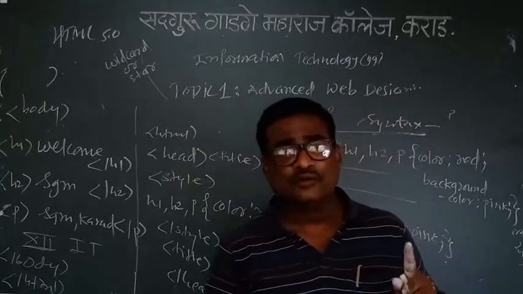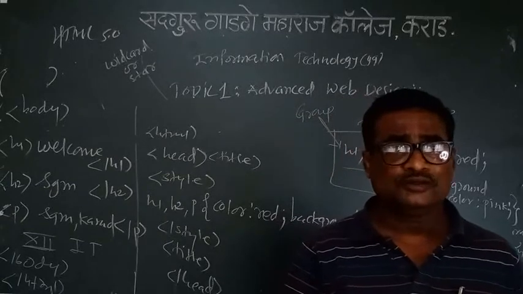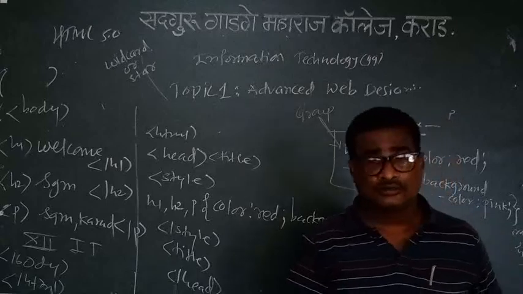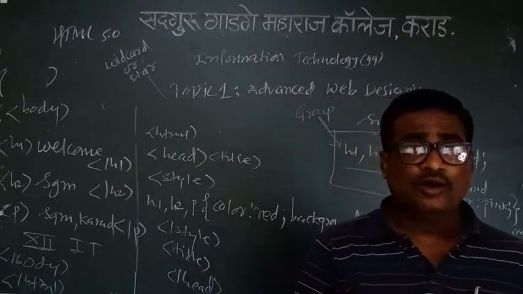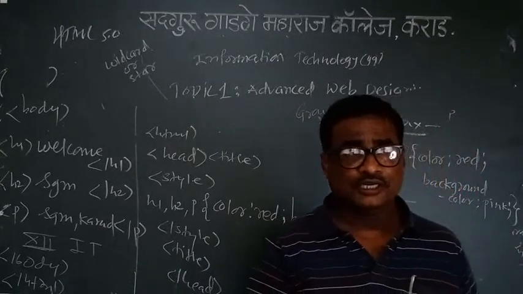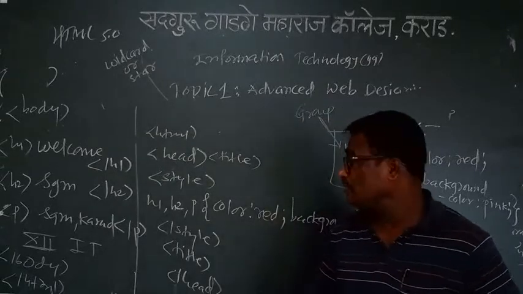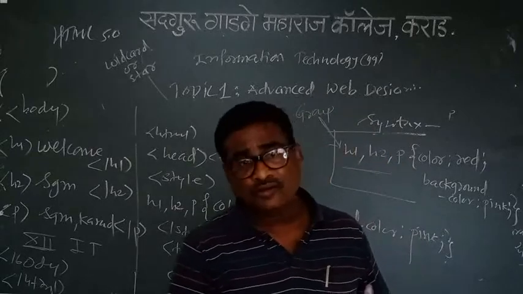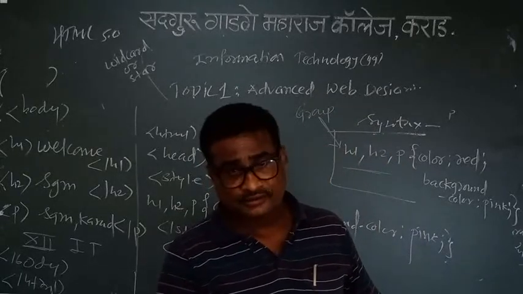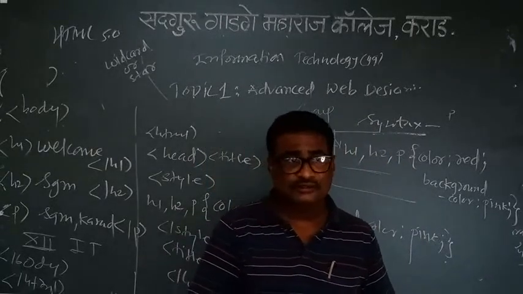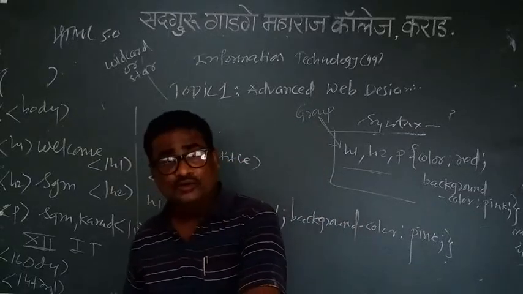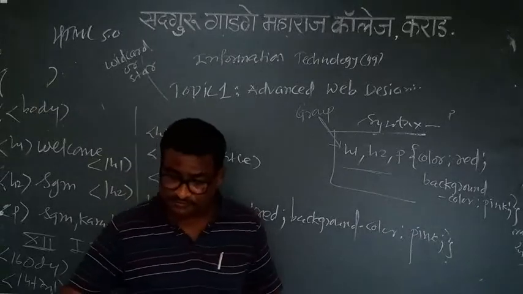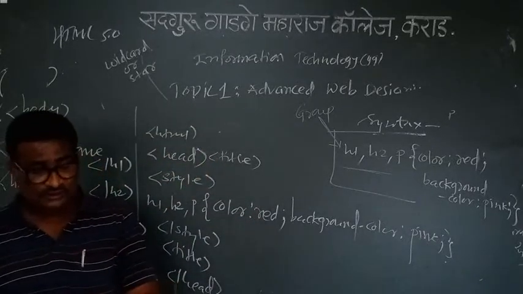Universal starts with the wildcard, which is also known as the star symbol. Universal means all, the whole page, where we use it for applying style. Then the last one, grouping means the grouping of different tags. Okay, in this lecture we have studied only selectors. In the next lecture we will study positioning using CSS. Okay, thank you.